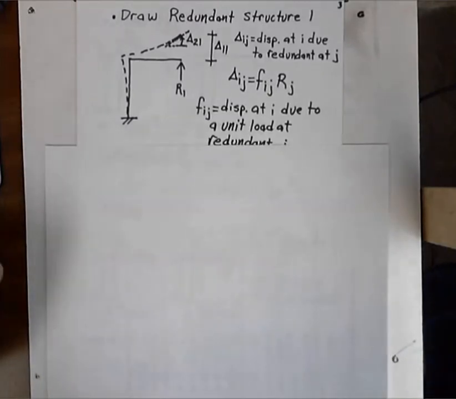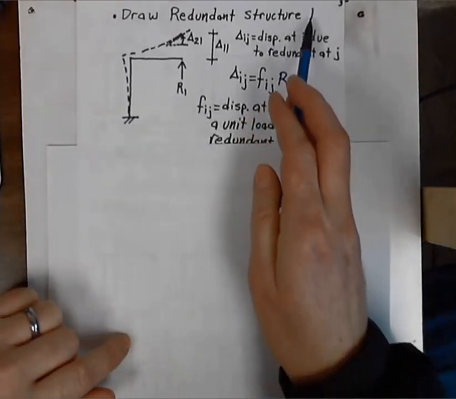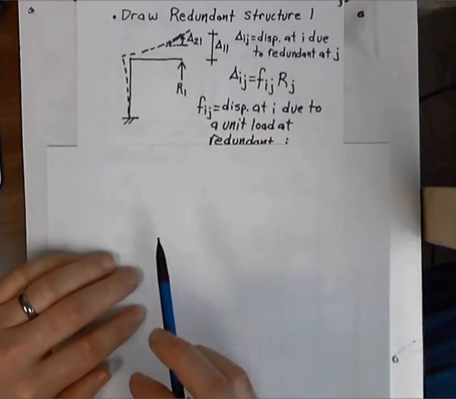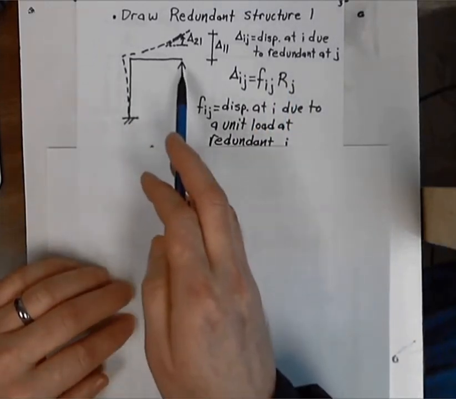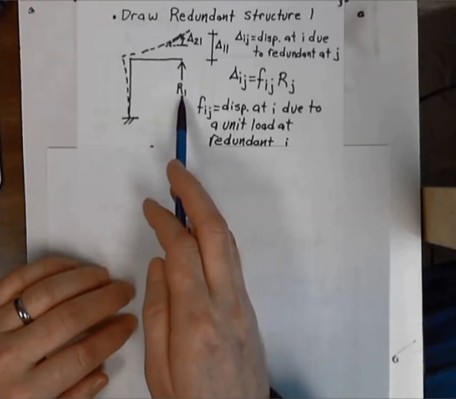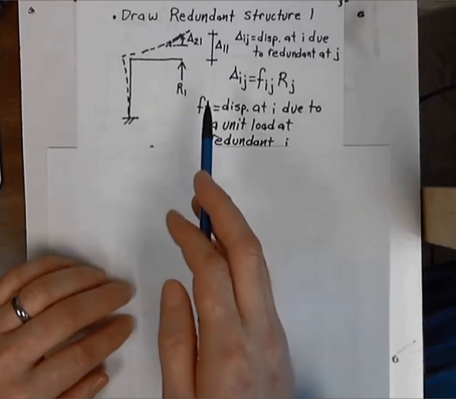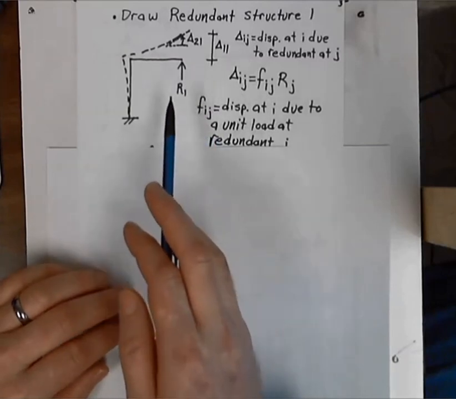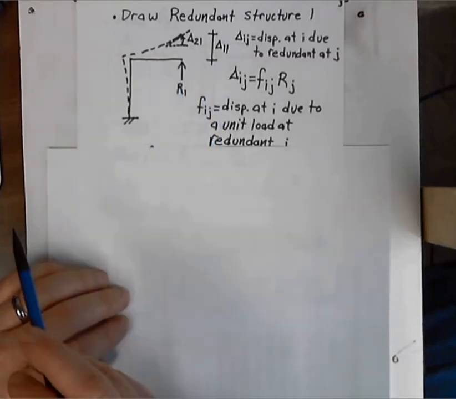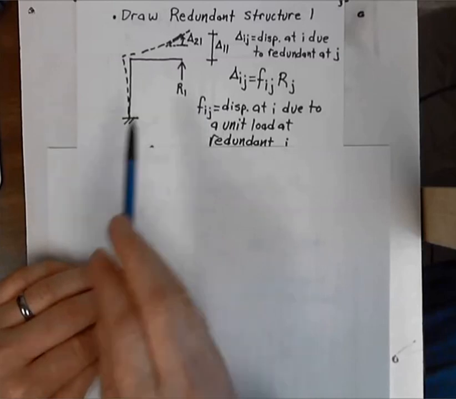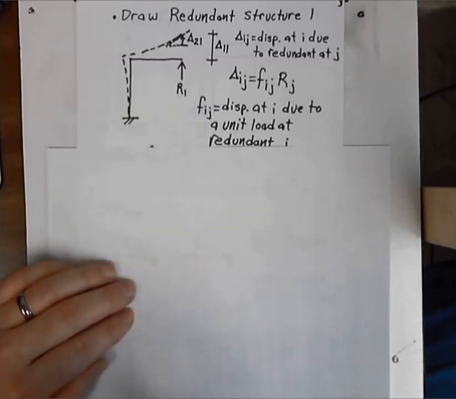Let's first draw the redundant structure for the redundant at 1. And so we have the structure. We have the applied redundant reaction at 1. We now must consider the displacements at each of the redundant locations due to this R1 force acting on the